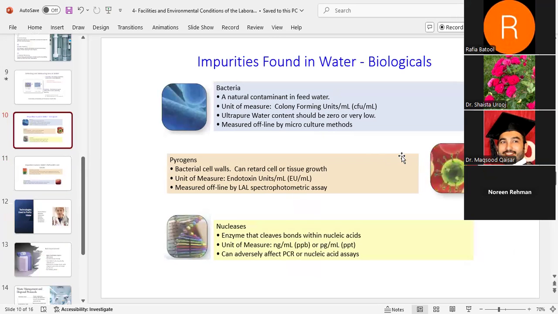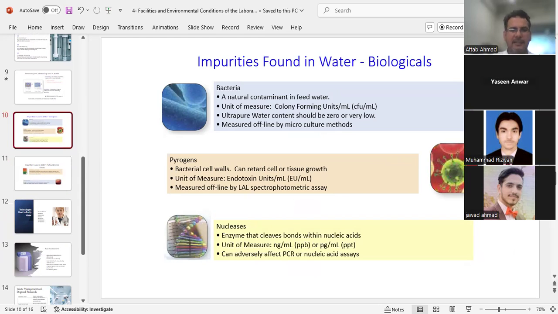So we were discussing these pyrogens. These could be contamination. Sometimes we treat the water, so bacteria are killed, but their components are still there, and they can definitely affect the results. That's why, just like we do the LAL test in our preparations of some of the drugs inside